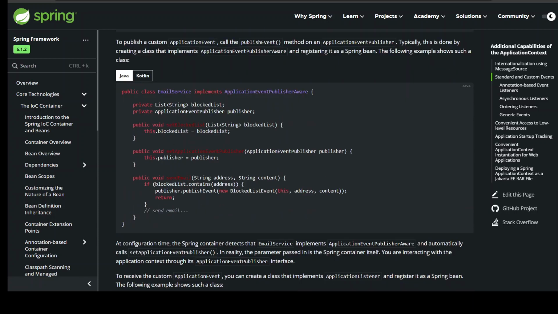To publish a custom ApplicationEvent, call the publishEvent method on an ApplicationEventPublisher. Typically, this is done by creating a class that implements ApplicationEventPublisherAware and registering it as a Spring bean. The following example shows such a class. public class EmailService implements ApplicationEventPublisherAware { private List<String> blockedList; private ApplicationEventPublisher publisher; public void setBlockedList(List<String> blockedList) { this.blockedList = blockedList; } public void setApplicationEventPublisher(ApplicationEventPublisher publisher) { this.publisher = publisher; }